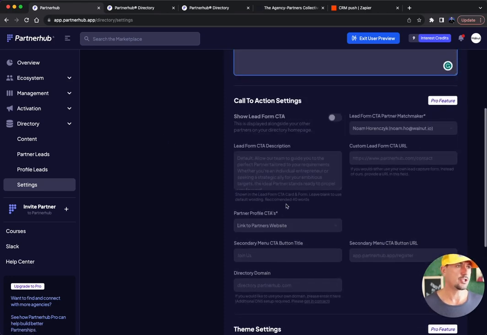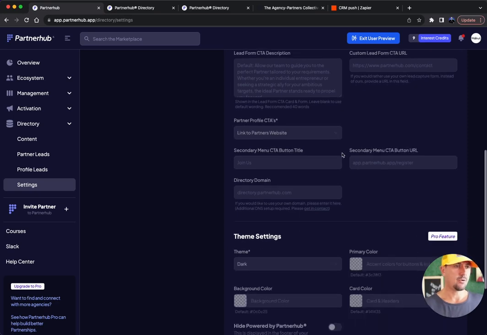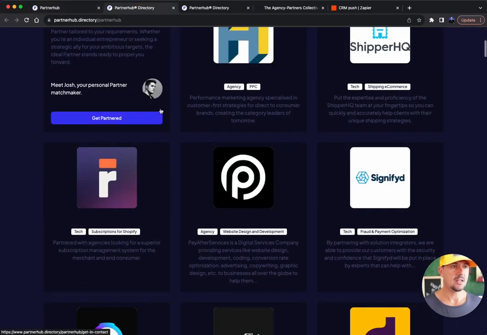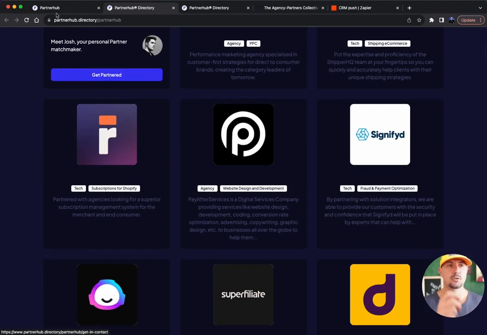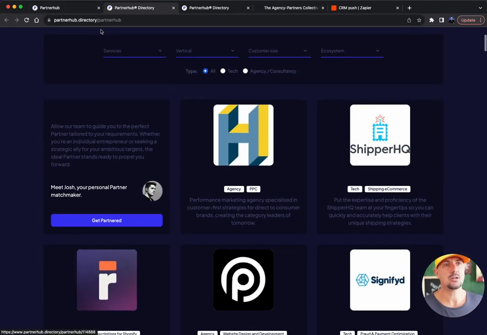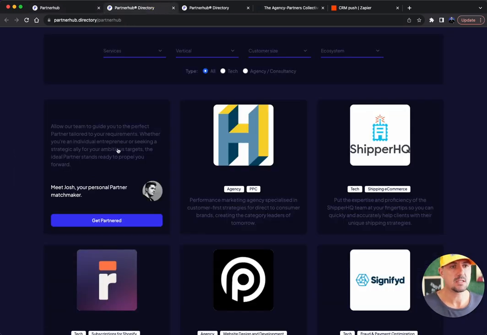In the paid version, you get another CTA, you get a lead capture form, you get the option of sending traffic to your partner's website or putting a form in the middle. When someone is on your directory, I'll show you what it looks like here, and they fill out the form on a partner's profile, that form goes off to the partner and it gets stored under profile leads. Partner leads are a little different. That's if I click here,